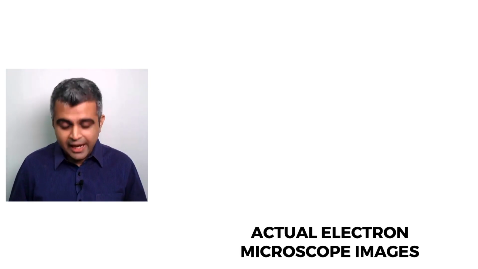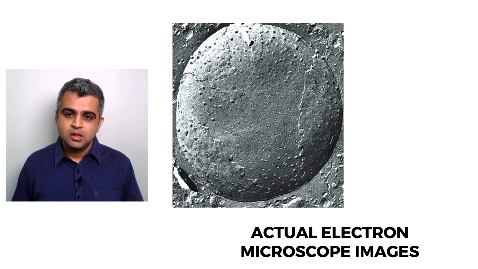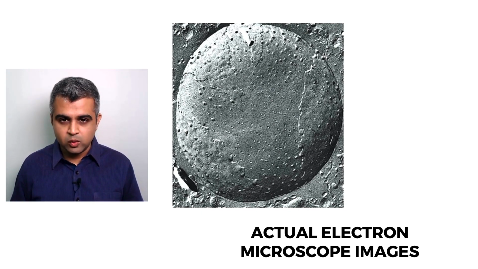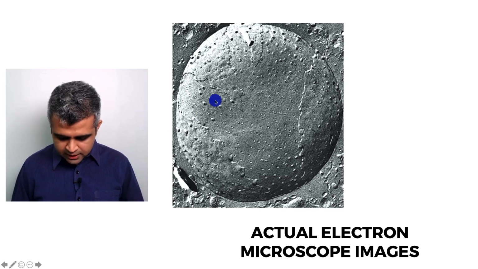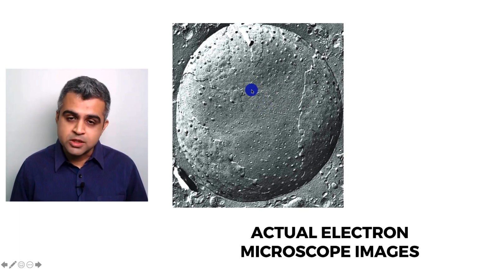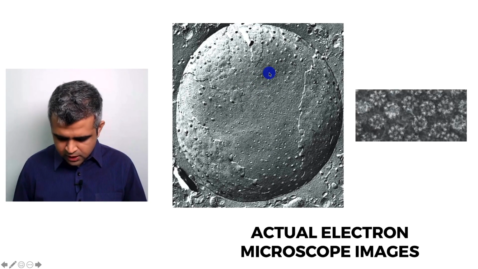So now let's have a look at the actual electron microscope images. So this is how the nucleus looks under an extremely advanced modern microscope known as the electron microscope. This is how it looks like. And here you can see that this is the outer membrane, and here the outer membrane has been worn away, so what you can see here is probably the inner membrane. So the inner membrane, and the one above it is the outer membrane, and all these holes or openings which you are seeing here are nothing but the nuclear pores. So if I was to magnify just this much area of the nuclear pores, this is how it appears to be.